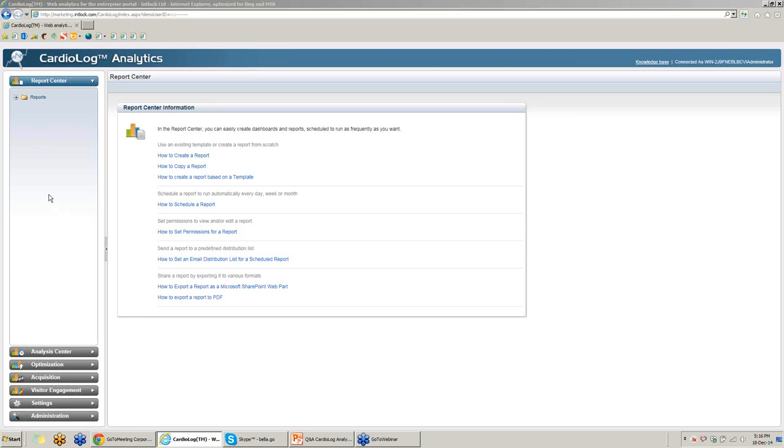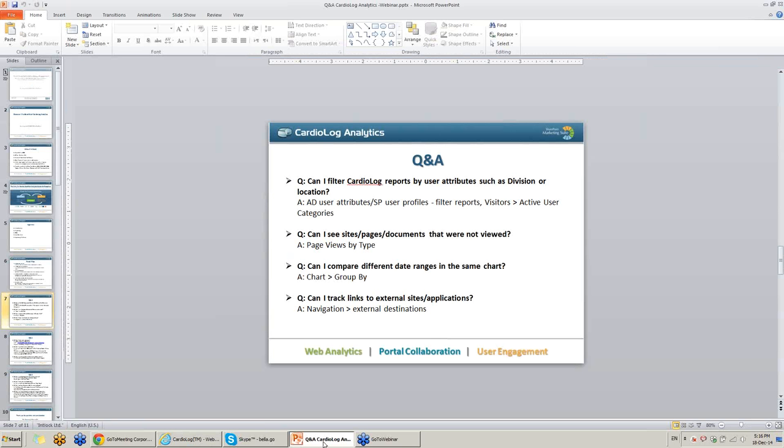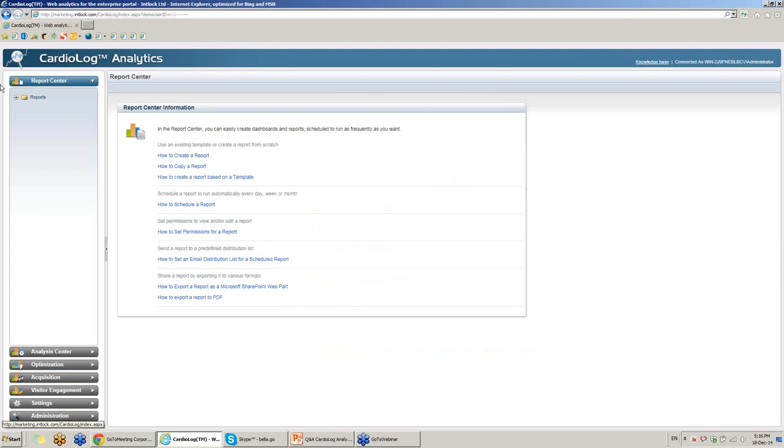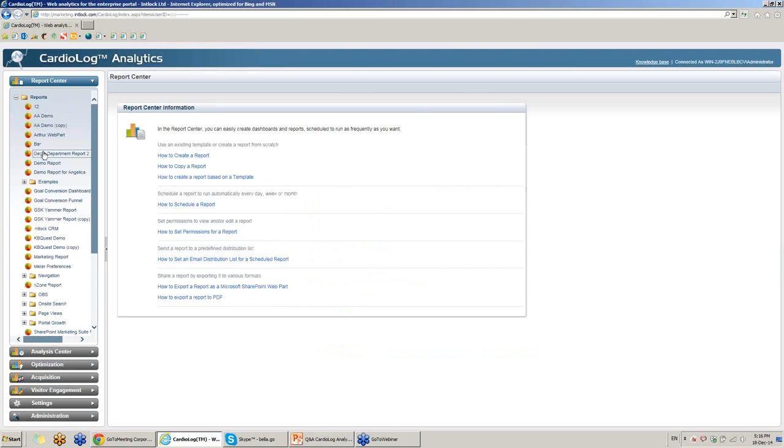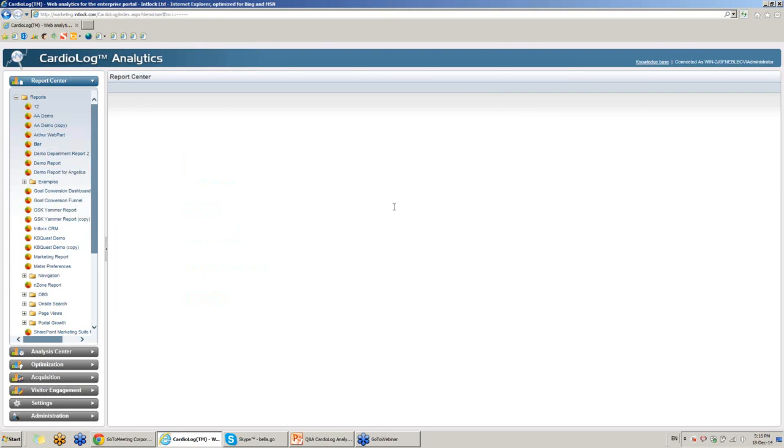Okay, now let's start. This is CardioLog Analytics. Everybody knows it. Nothing new. And this is the report center. Now let's see. Our first question is, can I filter CardioLog reports by user attributes such as divisions or locations? Okay. What do we do? We create a report, or we can use one of the reports already created. Okay. And here,